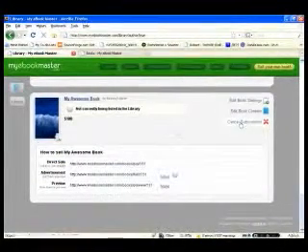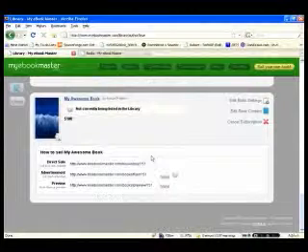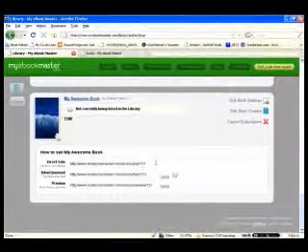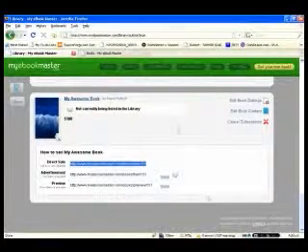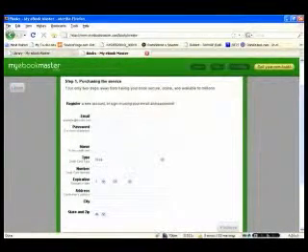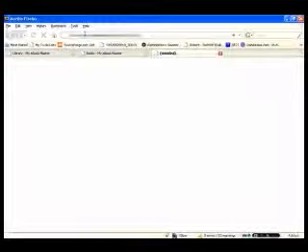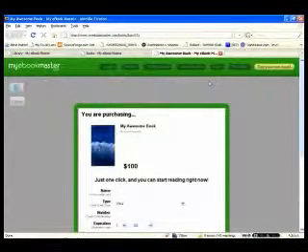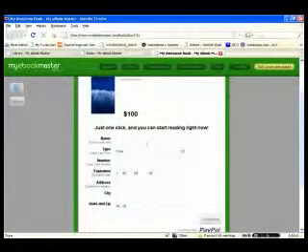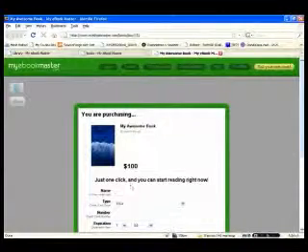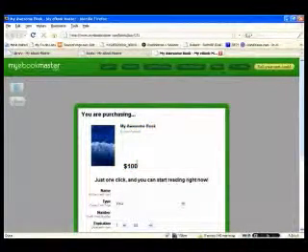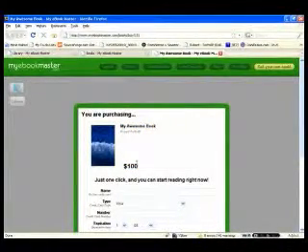So it's My Awesome Book. It's right here, and so it's selling right now. I could copy and paste this link here, direct sale, and send that to someone via IM or an email or something like that, and it's going to take them to this page right here, and all they have to do is fill this stuff out and click purchase, and they'll be able to start reading the book instantly. And this $100 minus the transaction fee, which is typically like 3%,